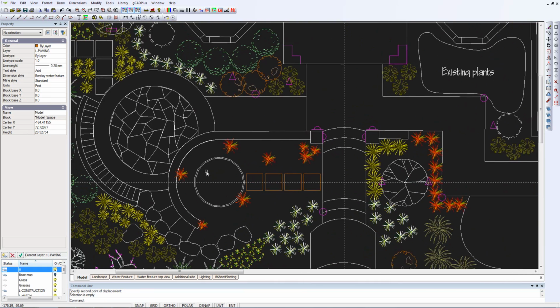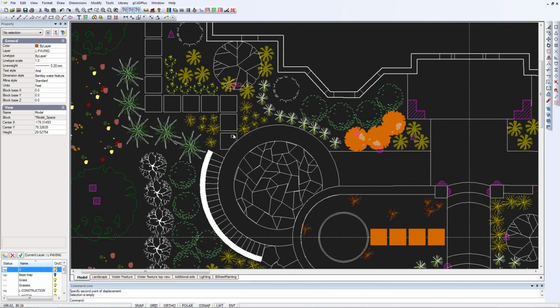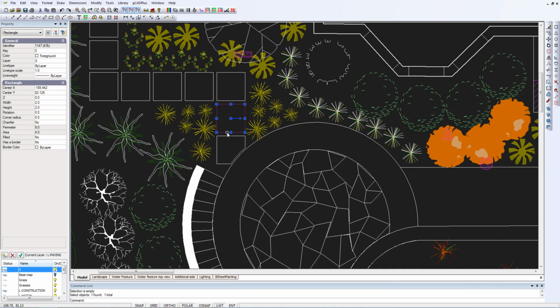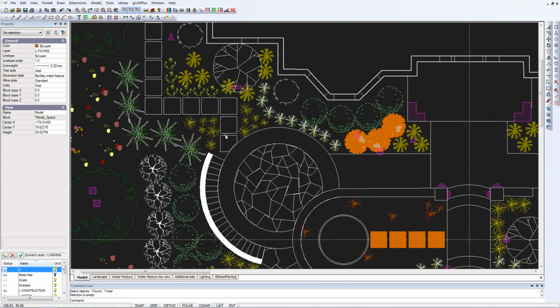So we could use the same system over here when we want a pathway leading from this paved area and some seating through here. We want that to be a similar area. Now we don't have a sliced paver, but we could certainly use one of these pavers to place on top of the existing ones. They're just rectangles, so we can't extract the rectangles easily, but since this is a block,